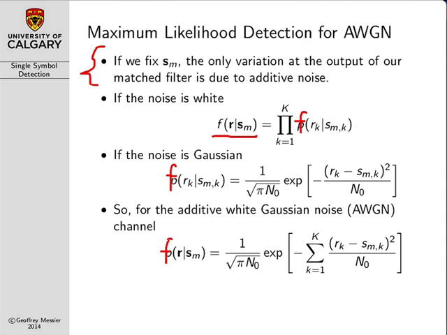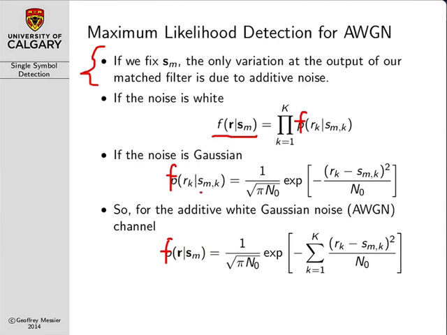The joint distribution is equal to the product of the PDFs, or the distributions of the individual sample values in our signal vector. And so assuming we have k basis functions, we would have k PDFs being multiplied together in our joint PDF. And so if we go further and assume that the noise is Gaussian, then